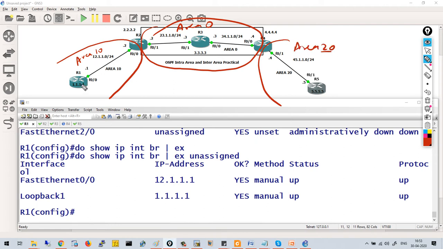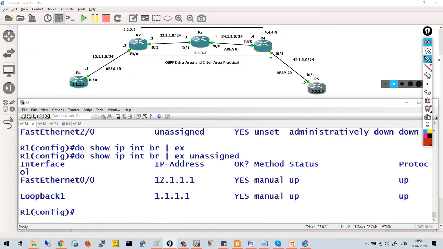How will R1 learn the networks of R2? Because 2.2.2.2 will be a member of area 10, for R1, 2.2.2.2 is an intra-area network. But for R1, the networks which belong to area 0 will be inter-area networks.